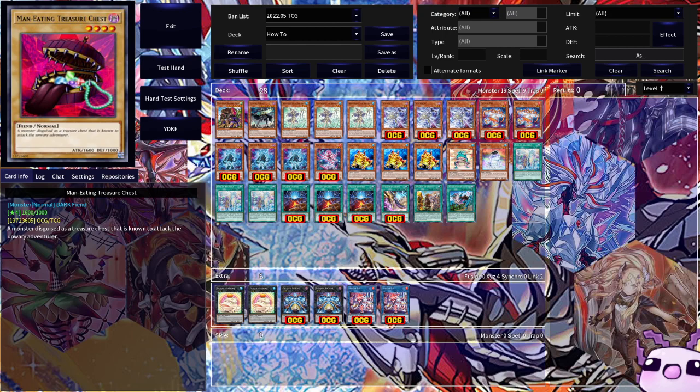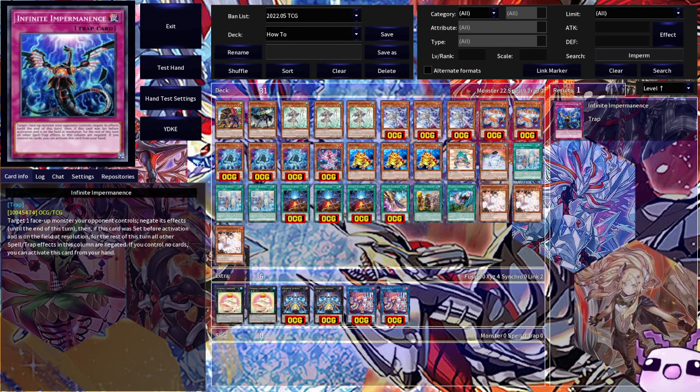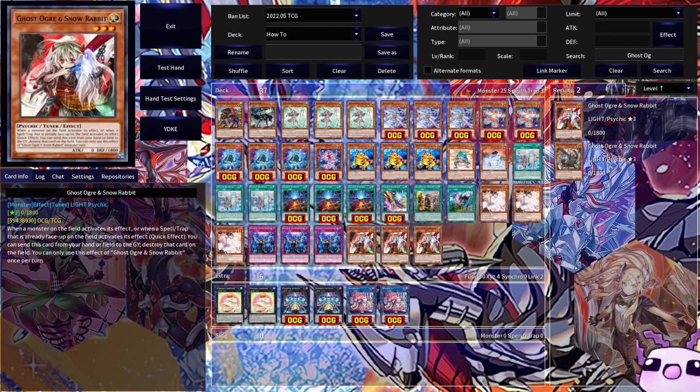And then after that, we just fill it up with hand traps. So we have 3 Ash Blossom, we have Imperm, Ghost Ogre, because Ghost Ogre is going to be good against this mirror match. And then finally, we also have...